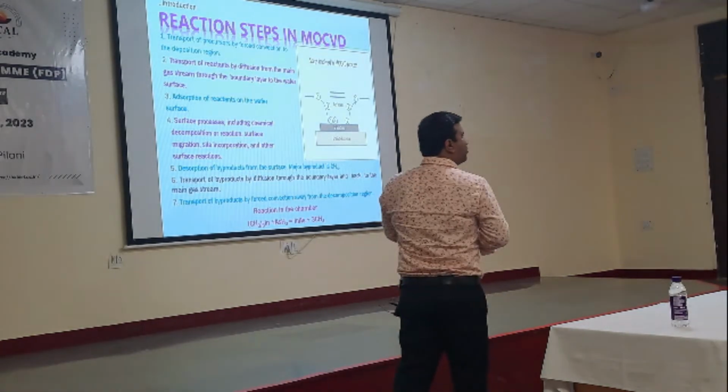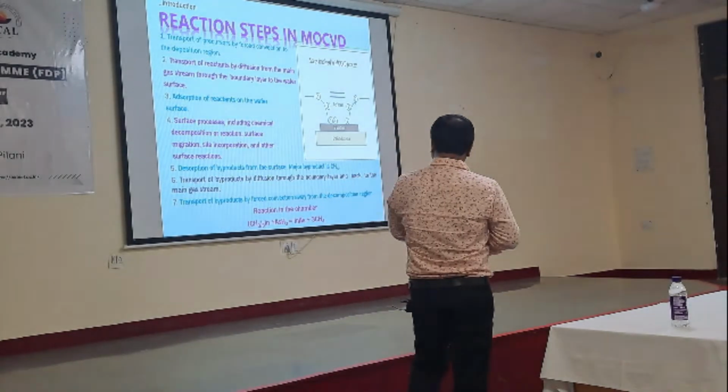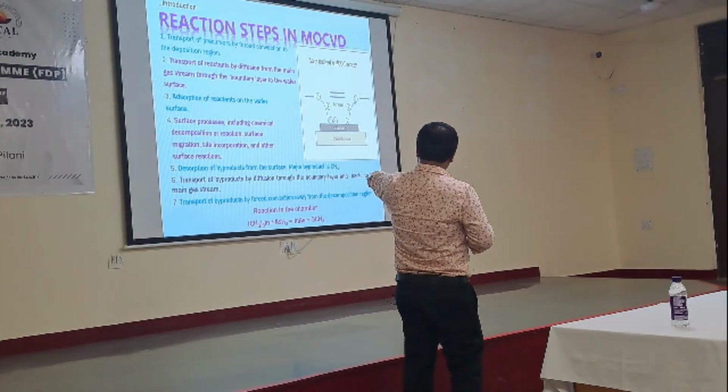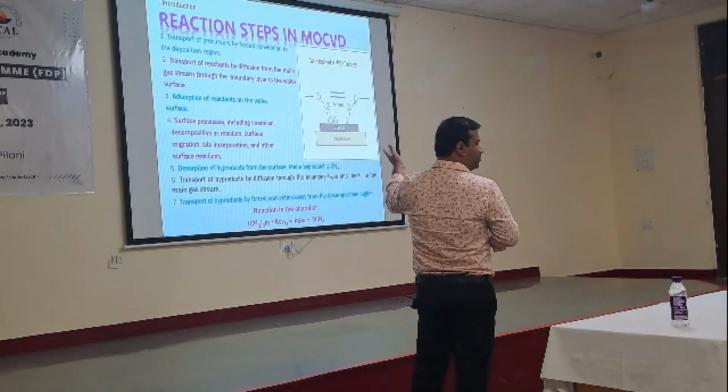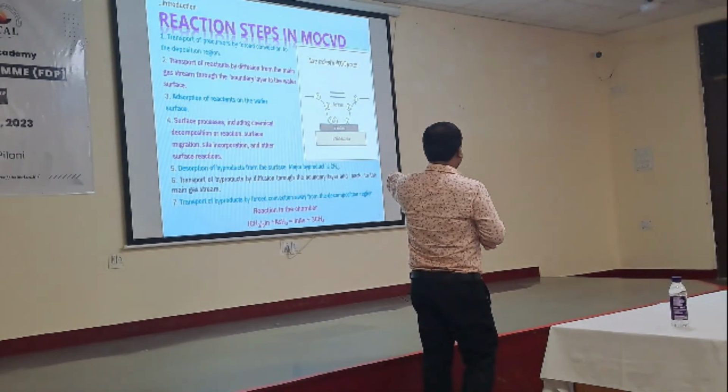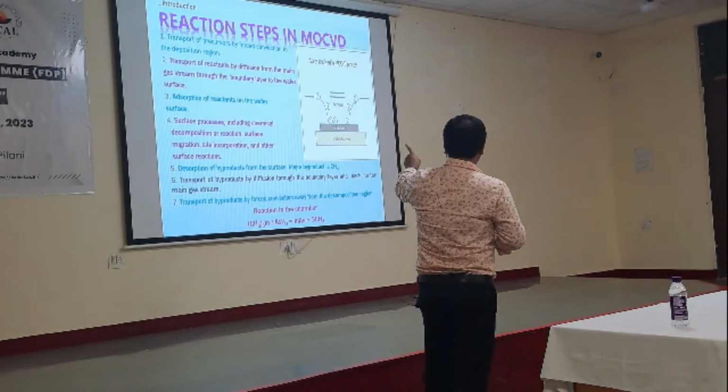Suppose you want gallium phosphide, then what should you use? Ga(CH3)3 plus PH3, phosphine. Then what will we get? GaP, gallium phosphide, plus methane. So that's why